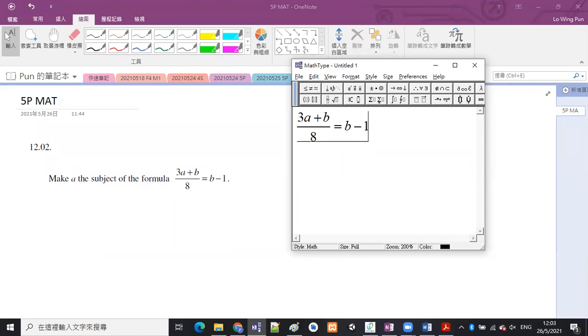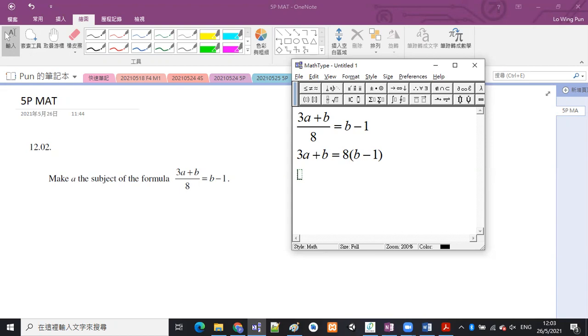如果佢左手邊係一個分數再加一啲嘢，或者再減一啲嘢嘅話咧，就唔能夠直接將個分母乘過對面嘅。而家係咪只係得一個分數喺左手邊，冇加嘢冇減嘢喺左手邊？係，所以我哋可以直接將個分母咧乘過對面。Okay. The first step is to multiply the 8 to the right hand side. So leaving 3a plus b on the left, and then 8 brackets b minus 1. We have successfully removed all the fractions at this step, and then we will remove all the bracket